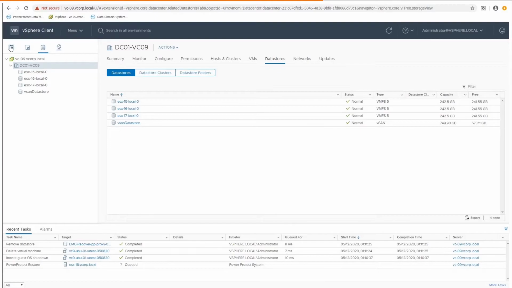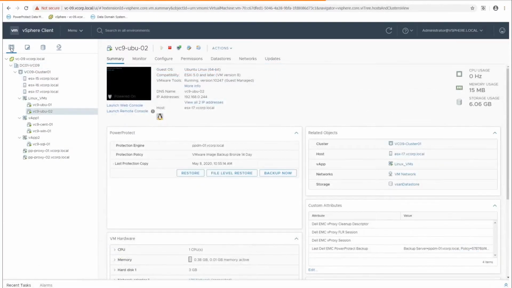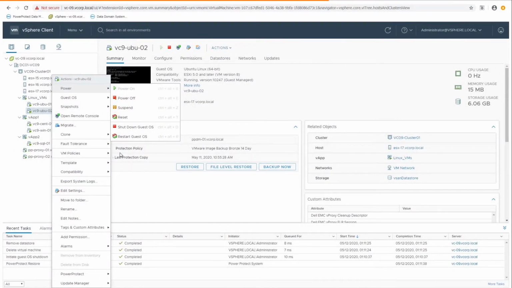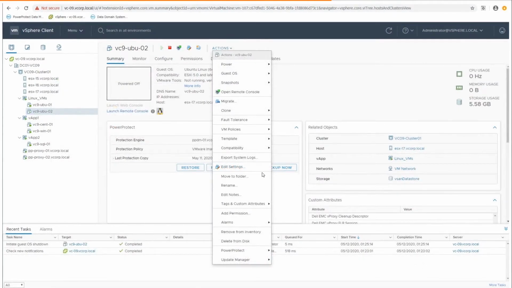And so going back to the data center layout, you can see after deleting it, we already have cleaned the inventory from the test instant access virtual machine. And so the next exercise is let us simulate a complete corruption of a VM. So in this case, let us power off that VM first, and then we can delete